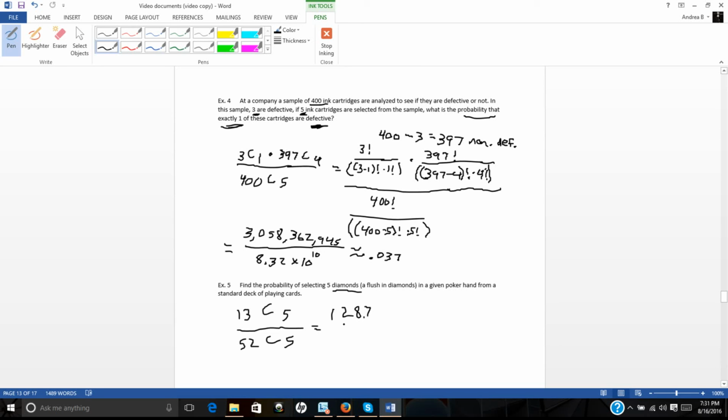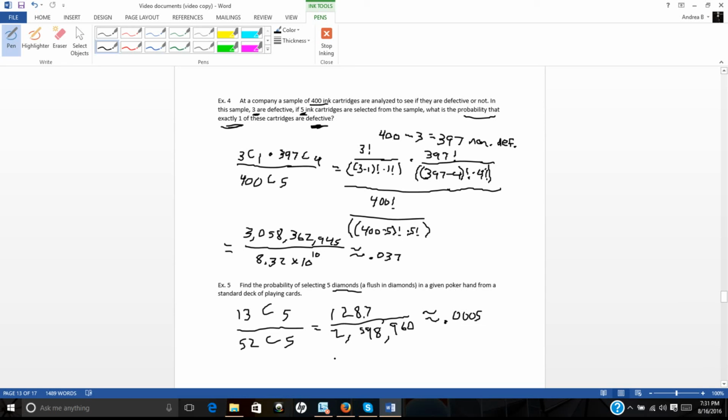And in the denominator, you should get 2,598,960. And then whenever you divide that out, you should get approximately